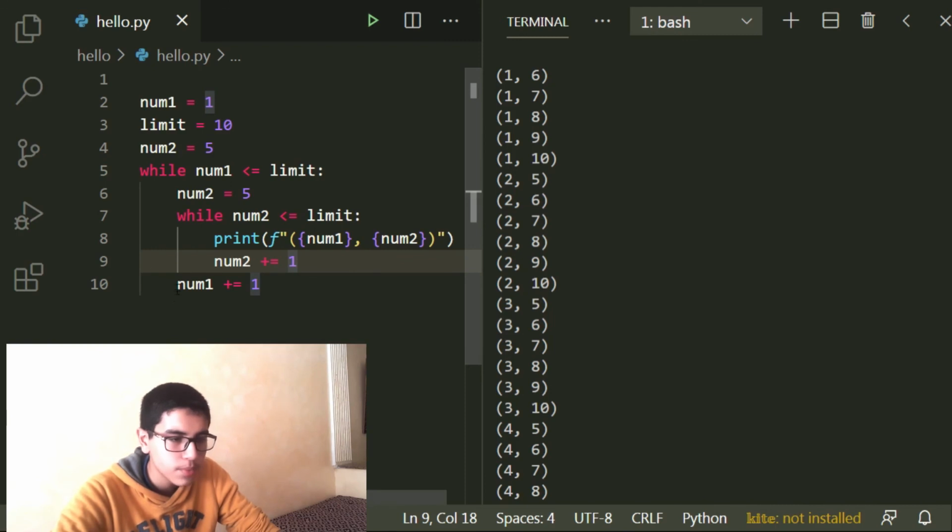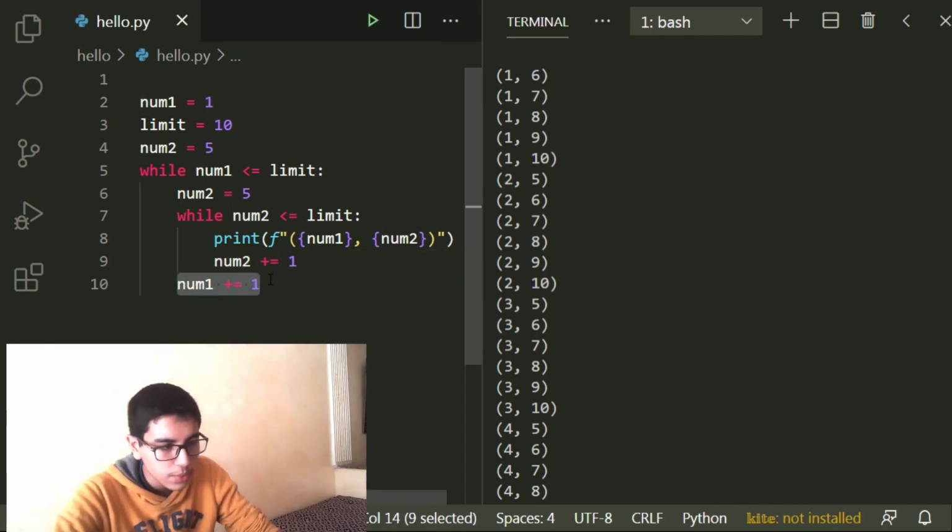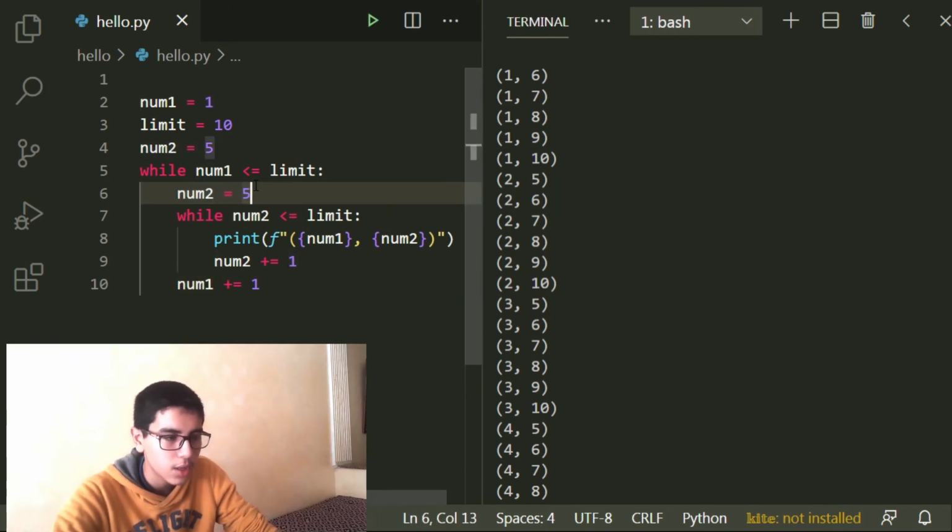So we increase num1, so it will be 2, and we repeat the outer loop. So we set num2 to 5 another time, so that the while loop can run,